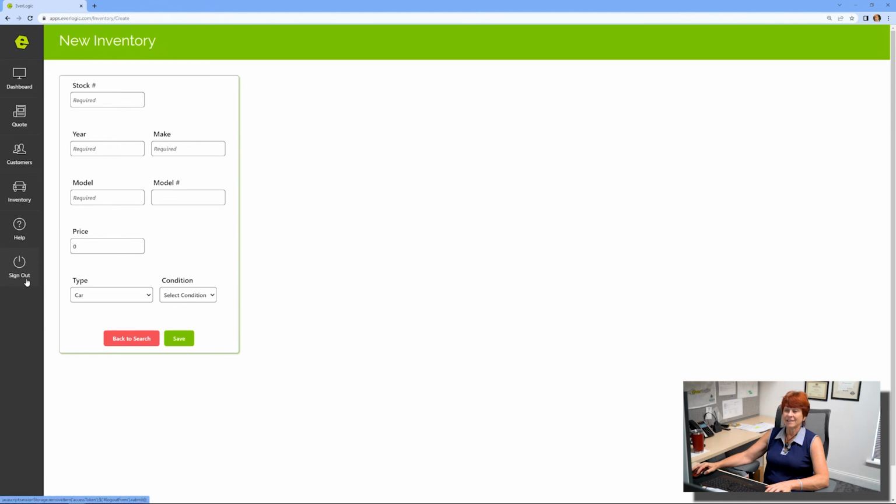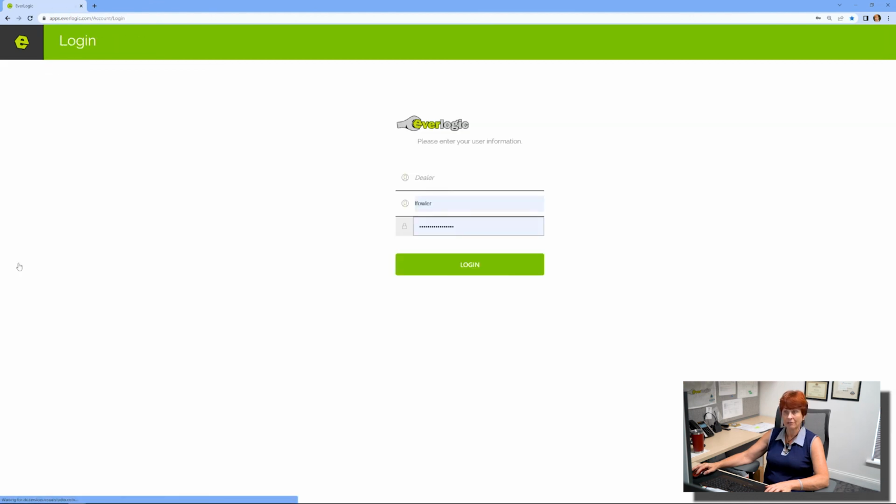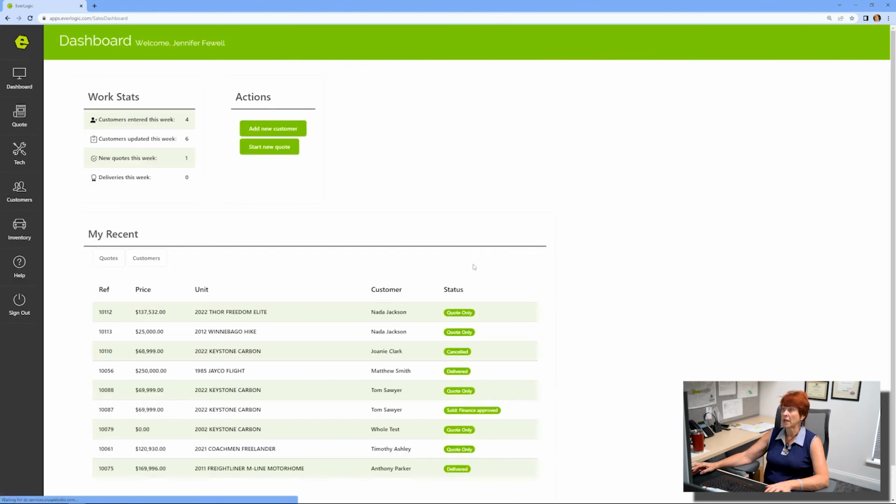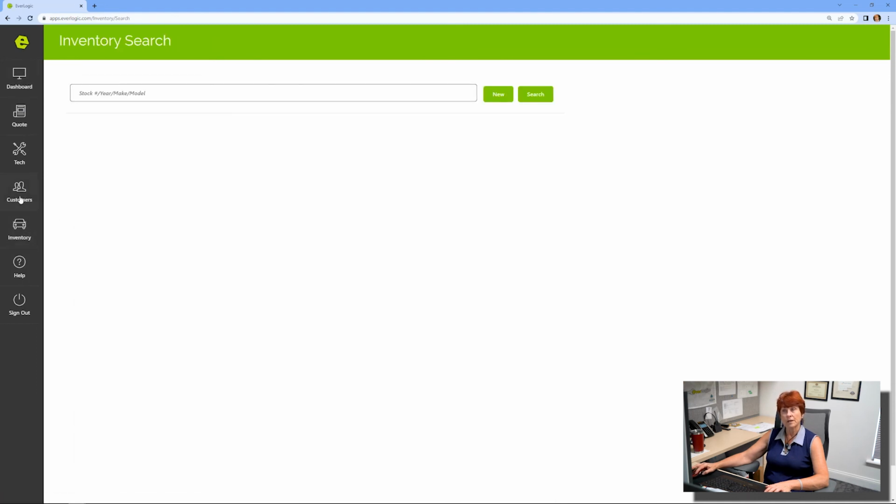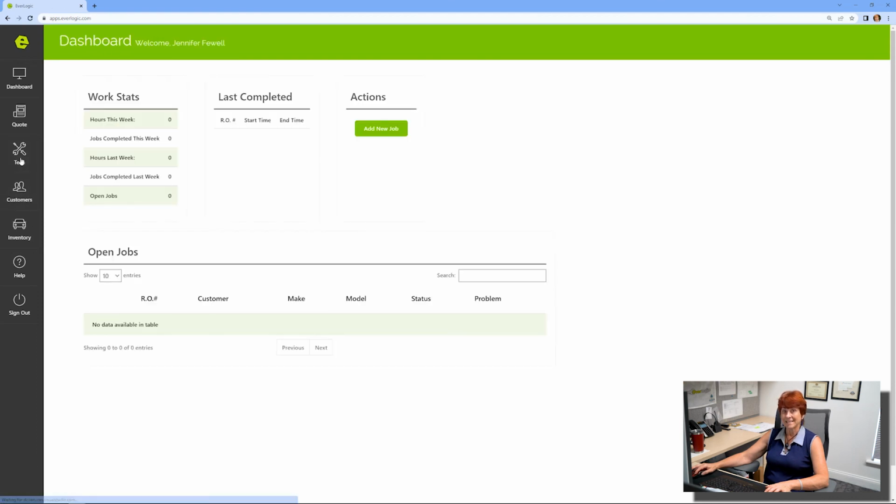And then that's it for the salesperson. Always have your employees sign out, so you're not using one of the licenses. And now, lastly, I'm going to log in as a manager on the EverLogic mobile app. As a manager, you'll have access to all of the icons on the left side, including inventory, customers, text,